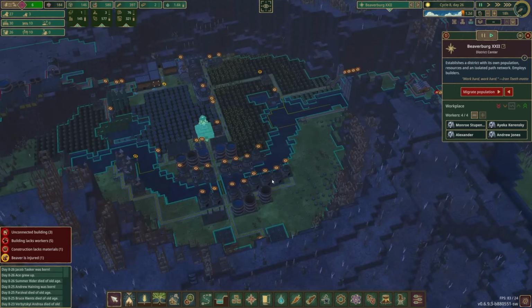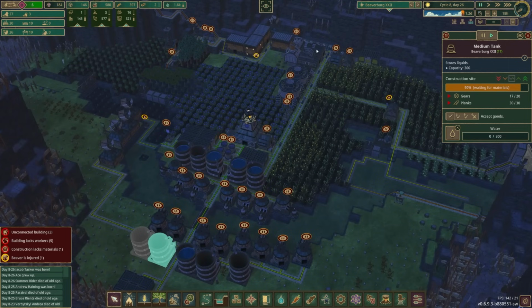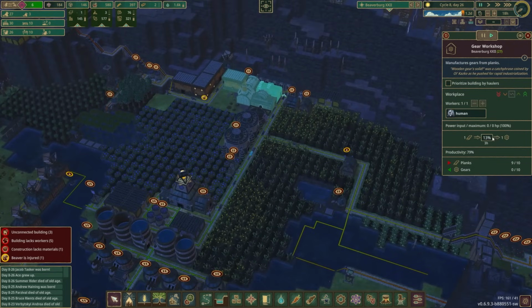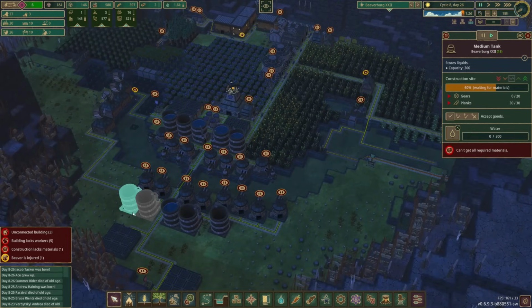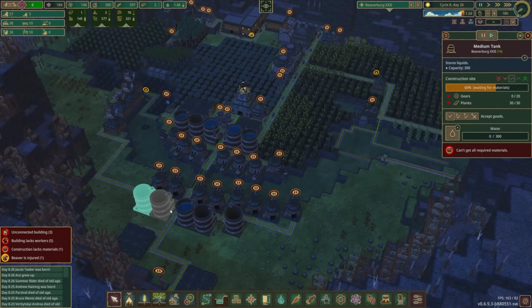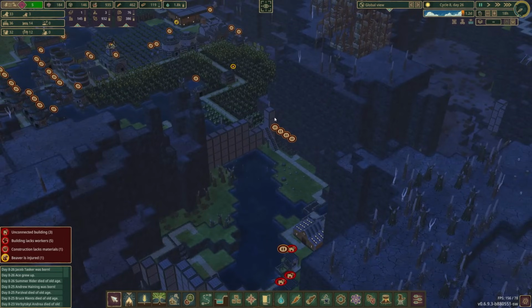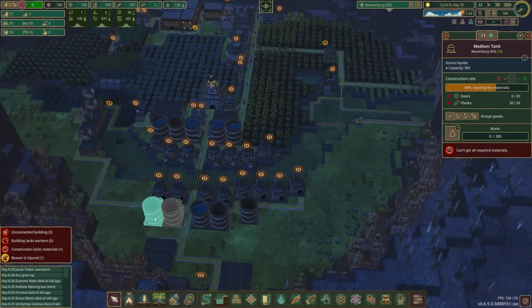Yeah, I still don't have the right amount of wood for this. 17 gears. This one's 13. I do have enough planks. So, I guess... see, I probably shouldn't pause this. But I think it's going to be more important to have this water here before it becomes a problem, so...